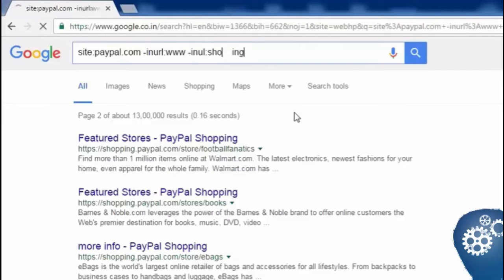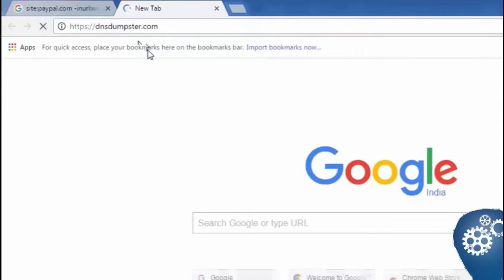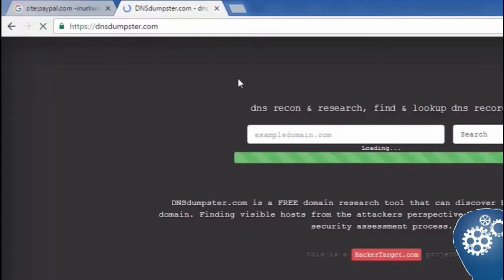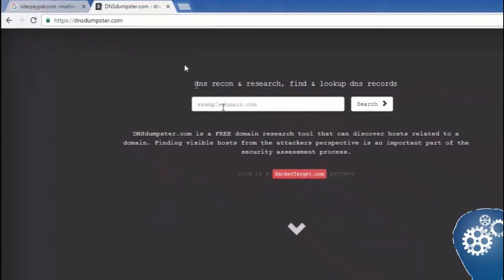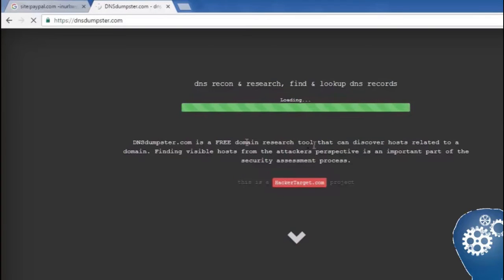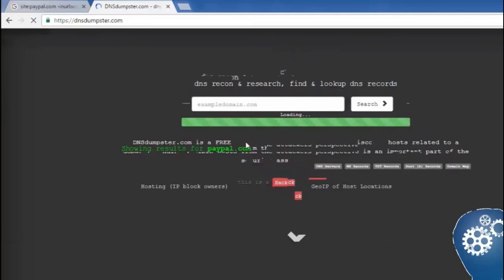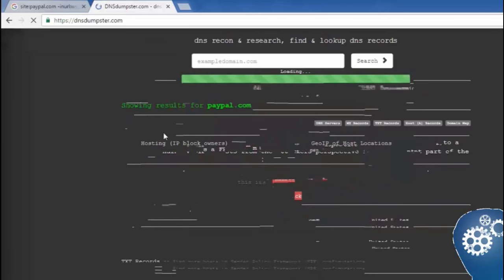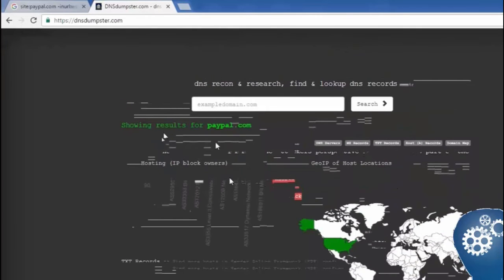There are some other websites like dnsdumpster.com. Here also you can search for subdomains, DNS and all information. Like the name itself says, DNS dumpster. Just type the target URL and bang. Let me type here paypal.com. The hosting is done in United States. The DNS server information, the host records, subdomains you can see here,